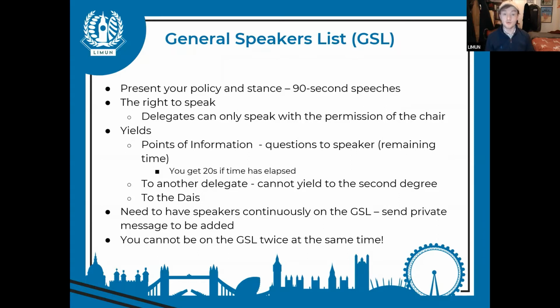So if that 90-second speaking time has elapsed, speakers will get 20 seconds to ask those points of information. You can yield to another delegate, although you cannot yield to the second degree. So while you're on the general speakers list, you can yield after your speech to someone else, but they can't yield to someone else after that, following on after you. You can yield back to the dais, so that returns the yield and returns the speaking time to the chairs